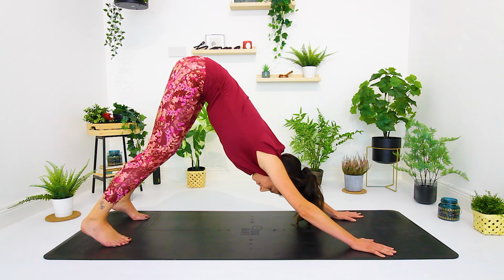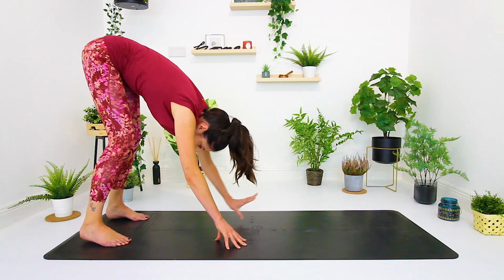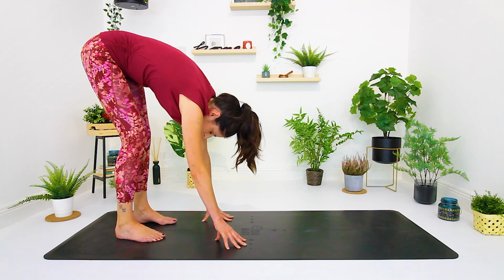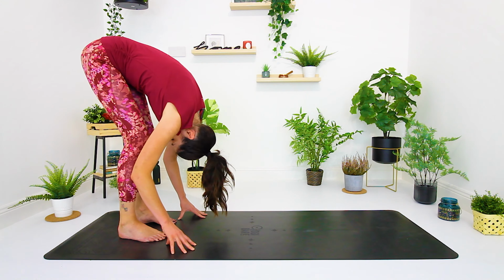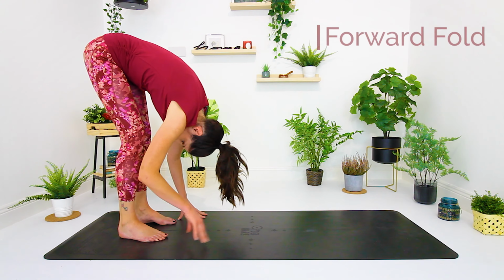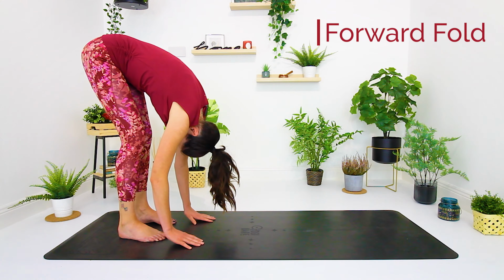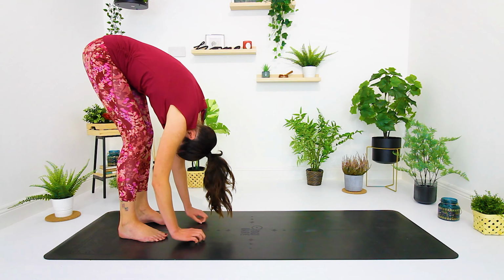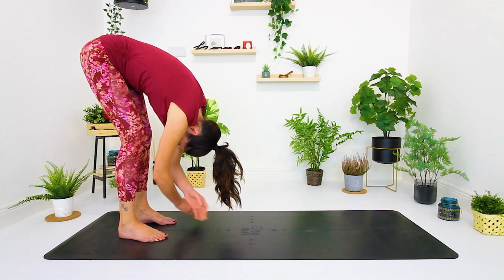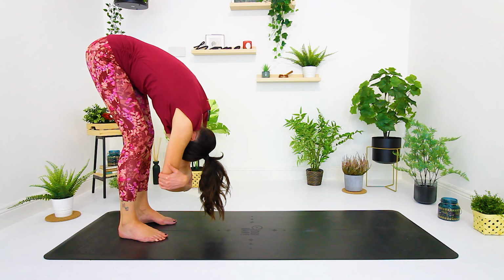We'll begin to walk our hands towards the back of the mat as we bring ourselves into a forward fold, allowing our upper body to hang heavy over the legs, having at least a soft bend in the knees, resting the head, the shoulders and the neck, maybe taking hold of opposite elbows and allowing the body to release and relax,